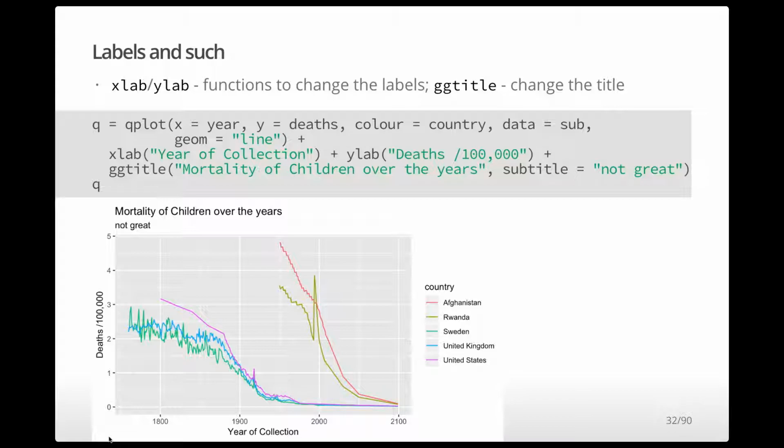So usually you got to do that with some of these things we're going to talk about right now. So labs, so labels. The functions, we already talked about xlim, there's a ylim, there's an xlab and ylab. So that allows you to label your data, label the axes, right? Deaths per 100,000, we're going to give the ylab over there. Maybe we want year of collection to be the xlab, right? So we put our labels on there by literally adding them like we would any other geometry or any other thing in